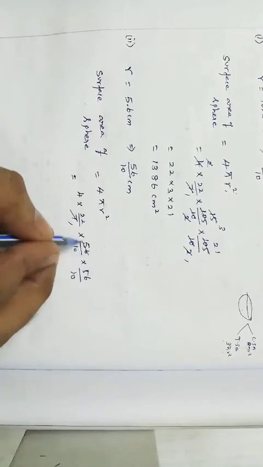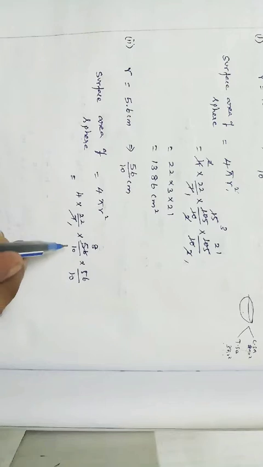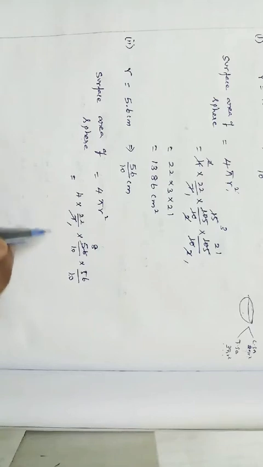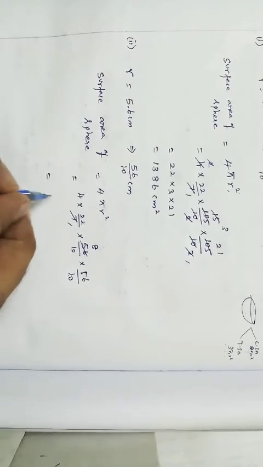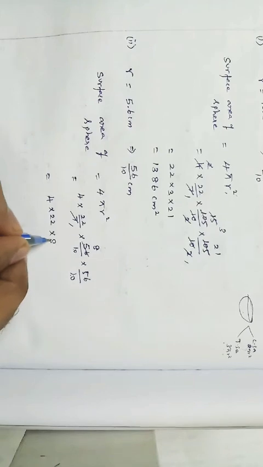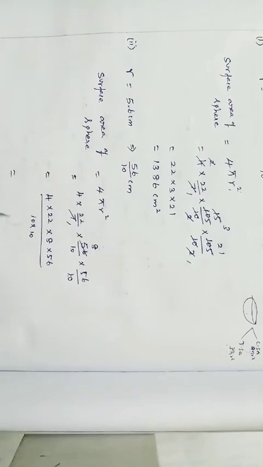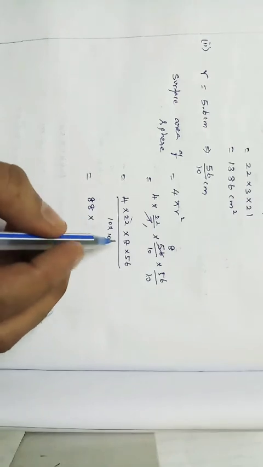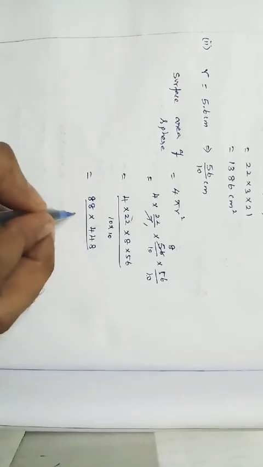7 table 1 times, how many times? 8 times, right? And see that any 5 multiples are there in the numerator? Nothing is there. So you can keep the denominator as it is, because while we are dividing by 10 into 10, 100, while we are dividing by 100, it is easy to simplify, right? Directly we can put a point before 2 digits. So directly you can multiply 4 into 22 into 8 into 56 divided by 10 into 10 is equal to 4 into 22, how much? 4 into 22, 88. 88 into 8 into 56 is equal to 448 divided by 100.